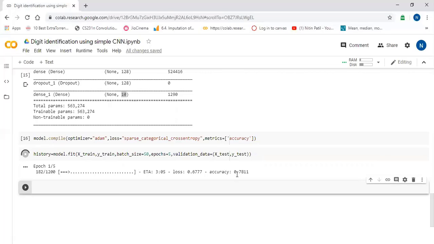If you go on the CPU, it will take more time than this. We will wait till the first epoch gets completed. Now you can see, even though the first epoch is not completed, accuracy is around 83%. So we are going to for sure get a good accuracy, around 90, I think.